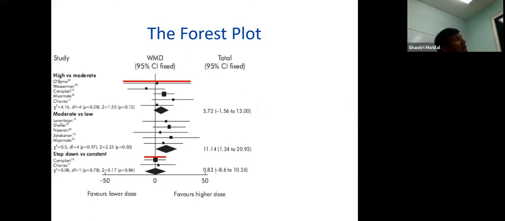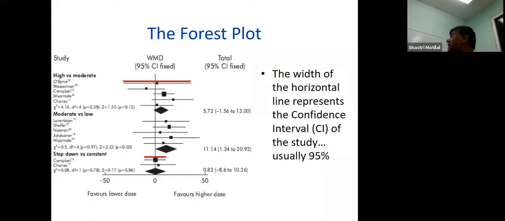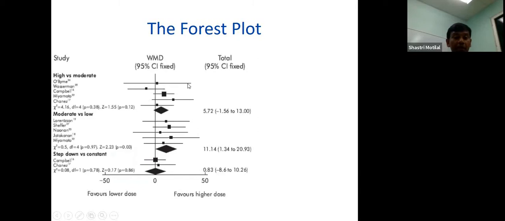These horizontal lines refer to the 95% confidence interval that the study found. Just now in the past groups, we saw that studies found a 95% confidence interval for things like digit span and memory and cognition, and it gave a range. If you had to show that graphically, it would be the width of the line, right? So the line width refers to the 95% confidence interval.